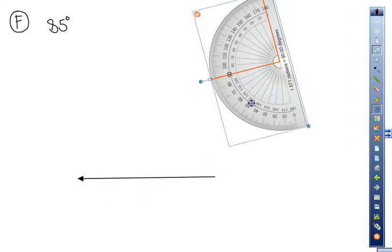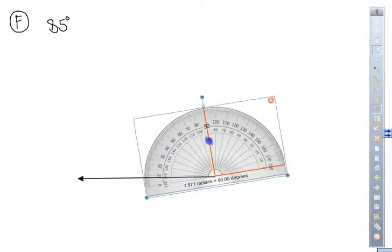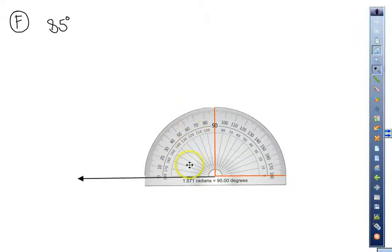And we're going to take my protractor and I'm going to bring it down and set it on the vertex, and then I'm going to have to straighten this up so that it lies on that line. You can see right here that it's got to be on the 0. And it is. So now we've got to take my 85 degrees,